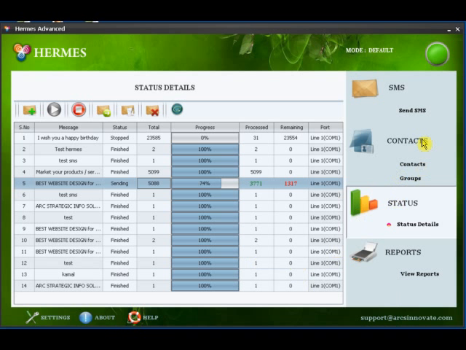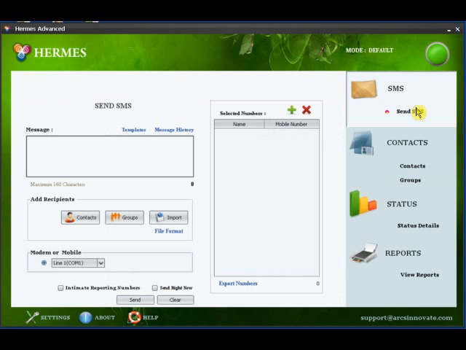So Hermes is the best software and highly trusted software in the market currently, and it has got the best performance. And another advantage I forgot to mention is about export numbers. You might collect the business numbers databases from different sources and maintain them in an Excel sheet, say, and by chance you might be getting them in certain formats, like between those mobile numbers you might also end up in